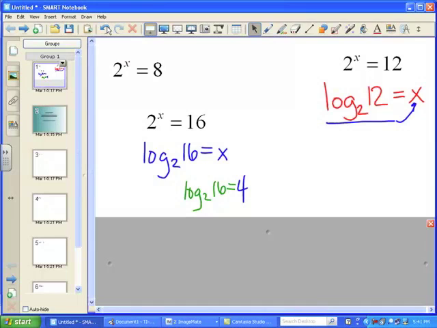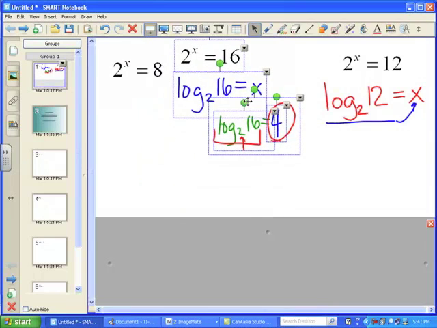So this one was maybe a simple one to evaluate for you, right? You look at this logarithm and you remember that question. What power or what exponent do I attach to this base number 2 so that I get 16? And the answer right here is 4, because I know that 2 to the 4th equals 16. Okay, so